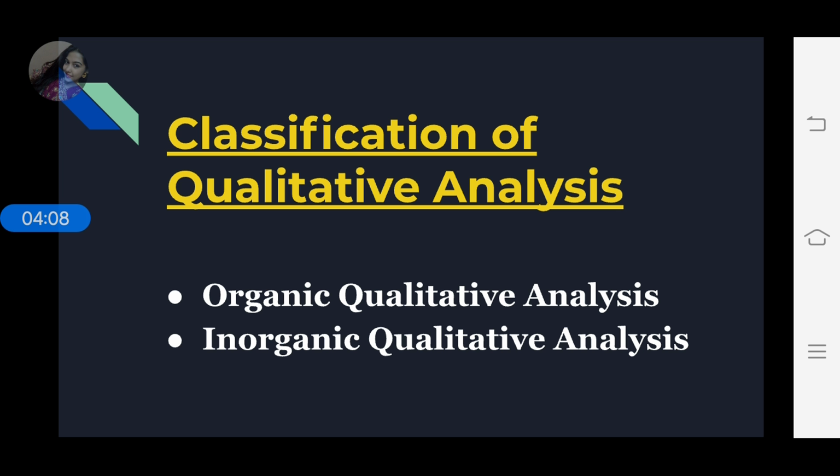Okay, let me tell you something about this. In organic qualitative analysis, you determine the functional group. You are given a binary mixture, you determine the functional group, what kind of elements are present over there, their melting point, boiling point. Okay, this kind of things you do in an organic qualitative analysis practical. And in inorganic qualitative analysis, what you do is, again you are given a binary mixture, then you find out what radicals are present over there, acidic radicals and basic radicals. That is, you determine the quality of that sample or that mixture. So these two are taken under the qualitative analysis.